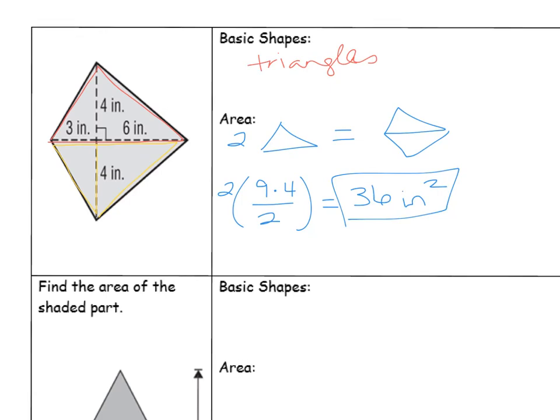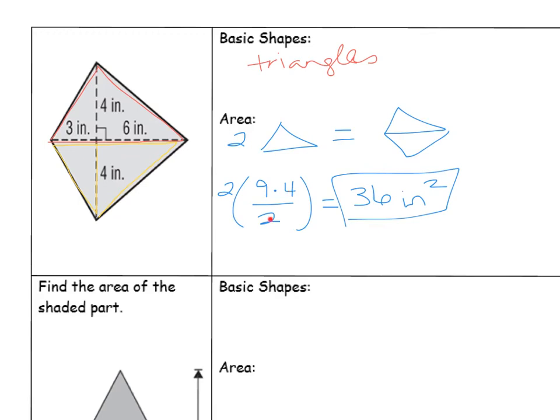Alright guys, hopefully we did okay on this one. There were actually 2 different approaches, or maybe actually 3 different approaches you could have taken to this problem. You could have seen it as 2 bigger triangles, like I did. So the top one, and we know it's the same as the bottom one because of this inside distance and these shared distances. So what I did is I went ahead and found the base, which was 3 plus 6